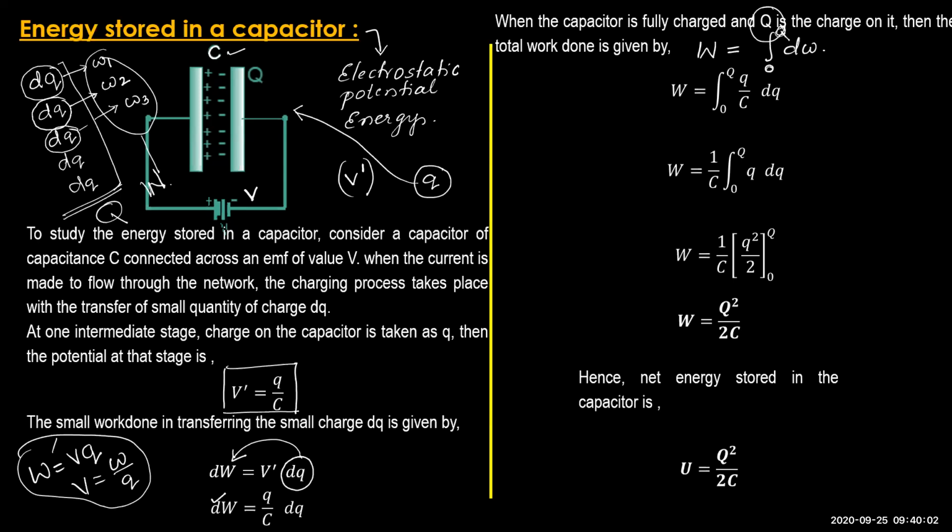Yes, what is dW? dW is nothing but Q by C into dQ. Here it is, already we have taken it. Hence substitute it, then it is Q by C into dQ. See, this 1 by C is a constant, right? So the capacitance of the capacitor is constant, so it is taken out of the integral sign. Then in the integral sign we are left with Q into dQ, where it goes from 0 to Q.